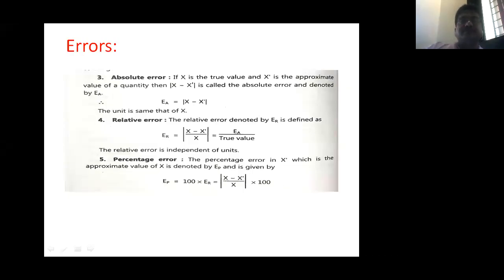Today the topic for discussion is errors. So three types of errors: absolute error, relative error, and percentage error. So definition of absolute error: let x be the true value and